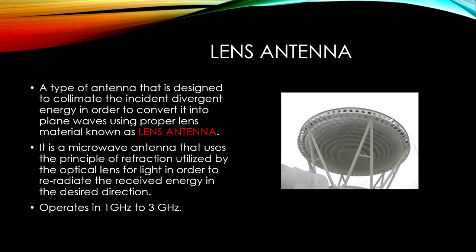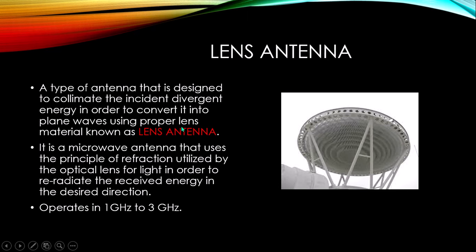So let's go to our lens antenna. We just finished our slot antenna discussion, so next is our lens antenna. So what is a lens antenna? A lens antenna is a type of antenna that is designed to collimate the incident divergent energy in order to convert it into plane waves using proper lens and materials,